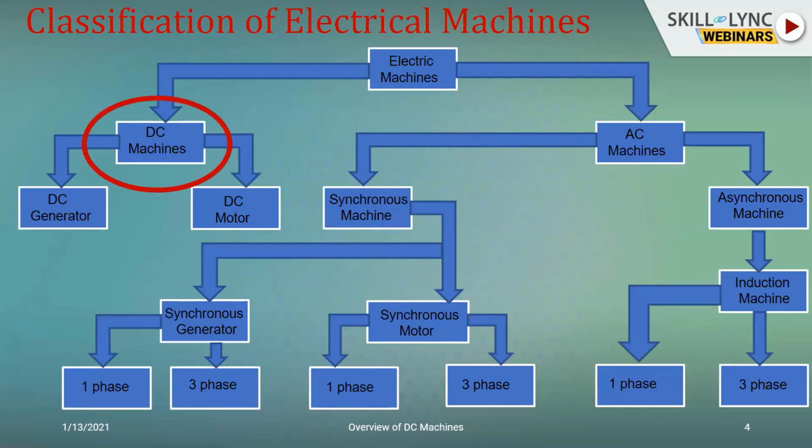So this talk primarily focuses on providing a brief insight into DC machines. For those who are interested, we can think of another time to talk more on AC machines and their dynamics. Here in DC machines, we'll be just touching briefly on what they are, how they work, and what are the parts that constitute them.